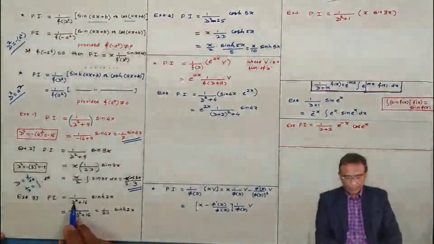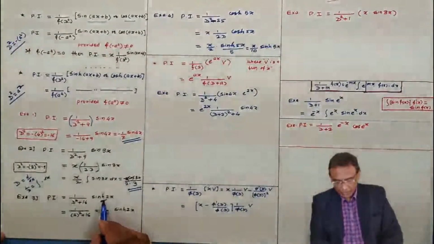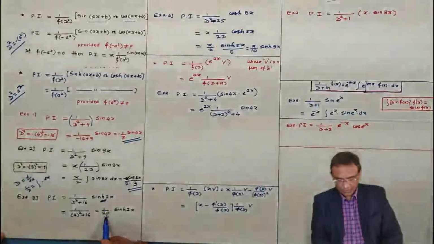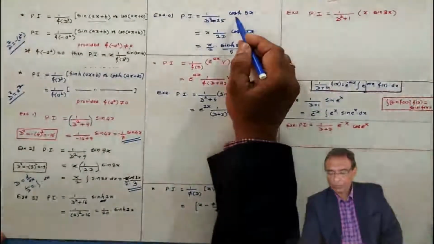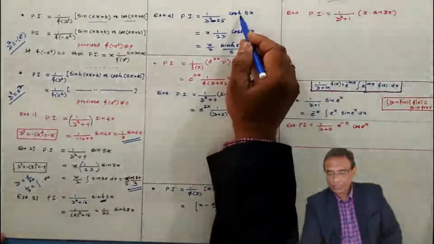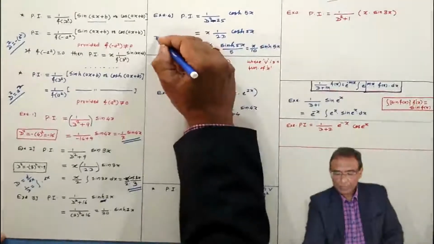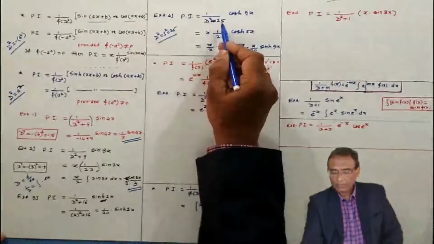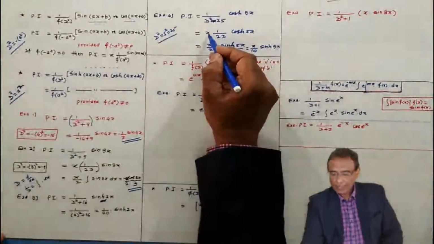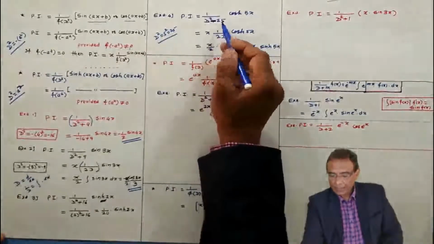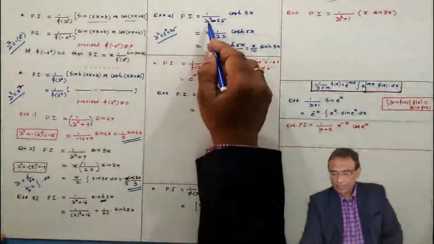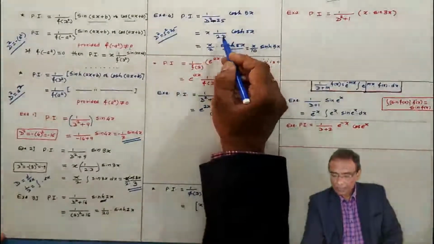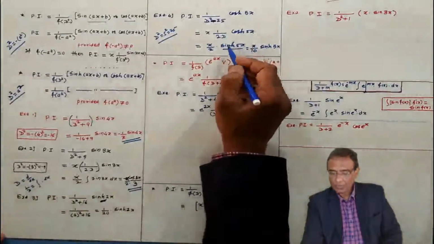Next problem. Here a sinh function is there. Sinh, put D square equal to 2 square. This is 1 by 20, like this. Now a cosh function is there. Cosh, replace D square by 5 square, meaning 25. Then 25 minus 25 will be 0. Write x outside of the operator. Take the derivative of D square minus 25. Derivative of D square, derivative of minus 25 is 0. Cosh 5x. 1 by D is integration, and integration of cosh 5x is like this.